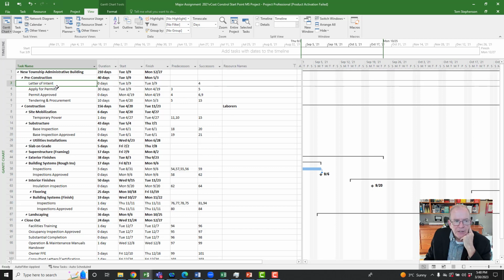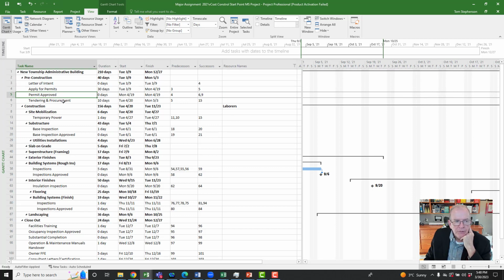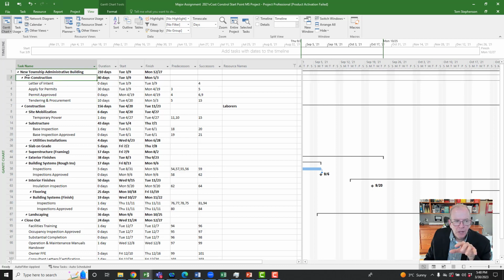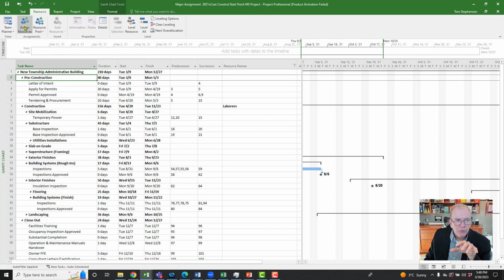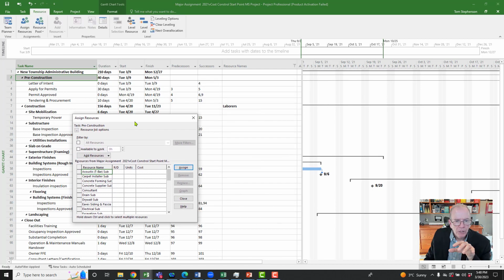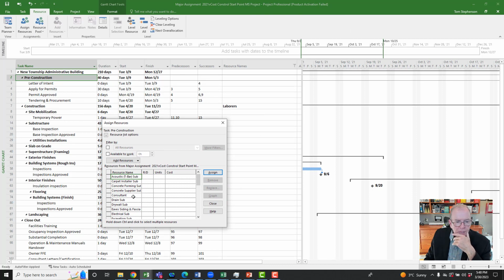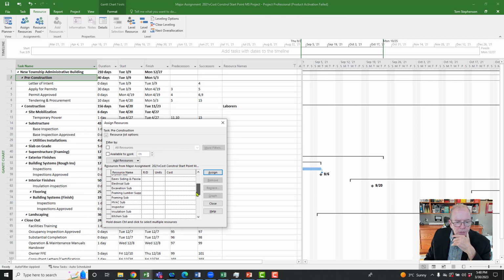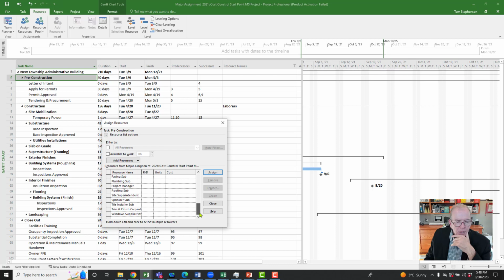And so I might say, oh, letter of intent, apply for permits, tendering, procurement. You know what? These are going to be people that work for us, like my site super and my PM. I'm going to apply that to pre-construction. So I would go to my resource, assign resources, and while I've got it filtered, I am going to assign my site super